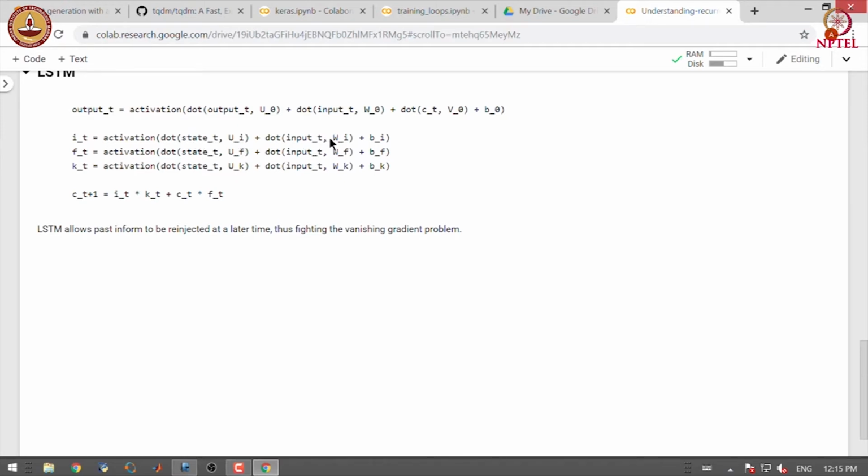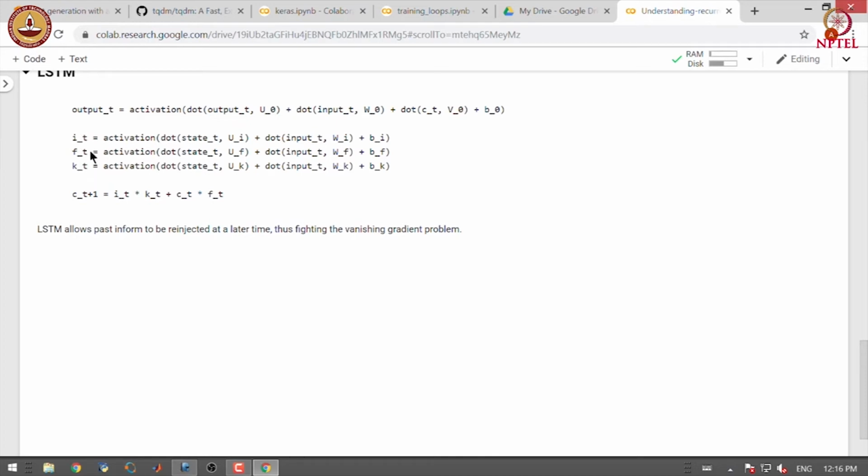Then this is a linear combination, or this is a dot product between the feature vector of that position and its weight and the bias term. f_t is calculated by applying nonlinear activation on the dot product between the output of the previous state and its feature vector and dot product between the feature vector and its weight vector and the bias. k_t is again calculated in the same manner.